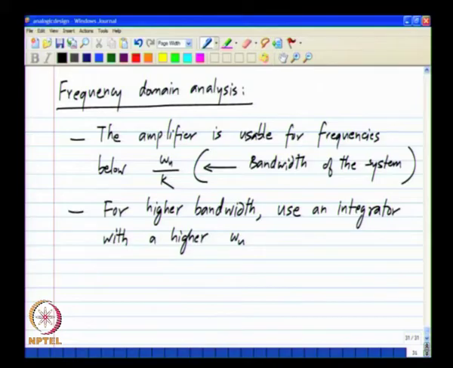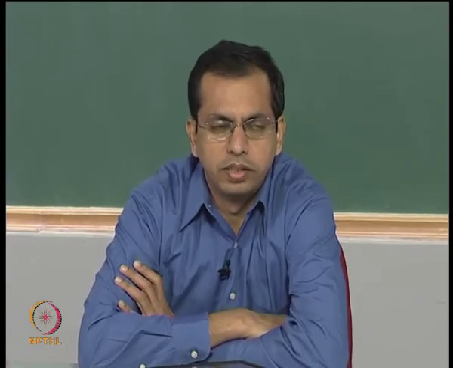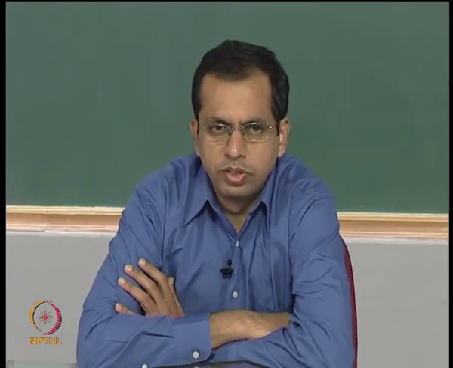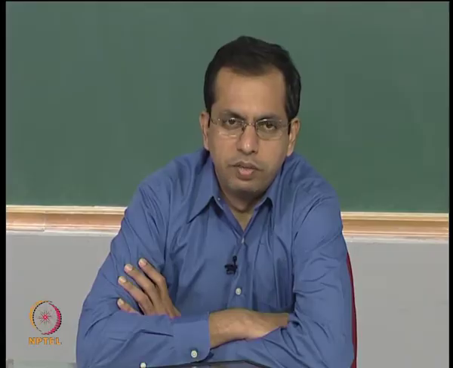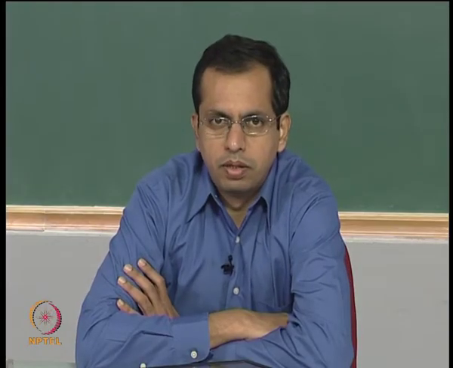So, from this we see that first of all we can make a negative feedback amplifier, but it has some limitations, depending on the kind of integrator that you choose to have. Now, the integrator is described by a single parameter omega u. It describes the speed of the response in the time domain or the bandwidth in the frequency domain, and depending on your requirements you have to choose the appropriate value of omega u. As we go later more and more into the circuits, you will see that achieving higher and higher values of omega u is more and more challenging, and that is where the difficulties in circuit design come in.